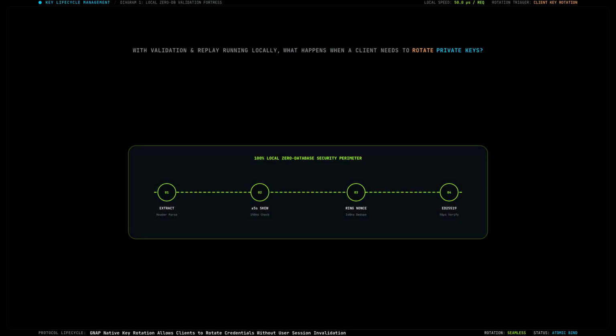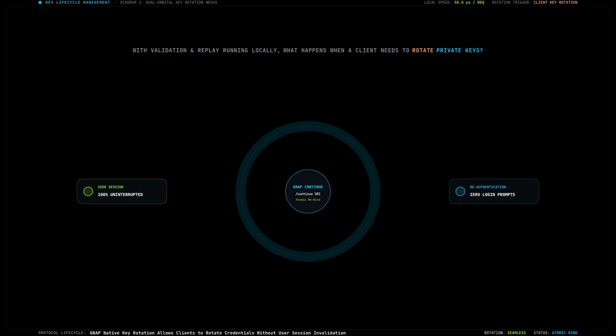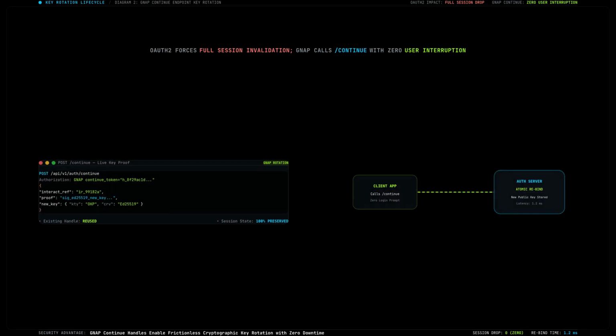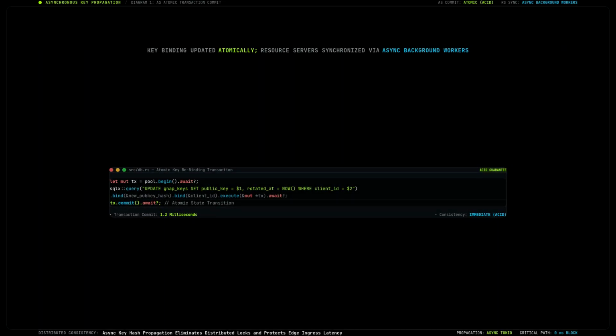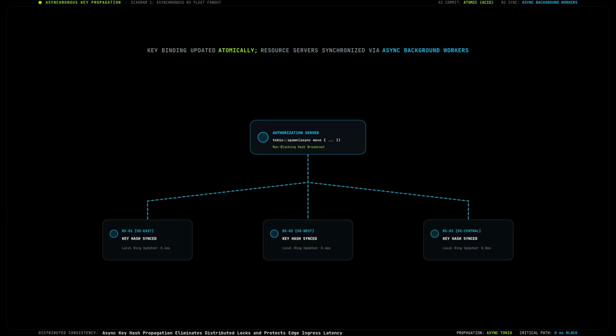Now that request validation and replay defense run completely locally, what happens when a client needs to rotate its private keys? In legacy OAuth 2, key rotation often forces full session invalidation. In GNAP, the client simply calls the continue endpoint using its existing continue handle, presenting a new public key proof without interrupting the user. The authorization server updates the key binding atomically, while resource servers synchronize updated public key hashes